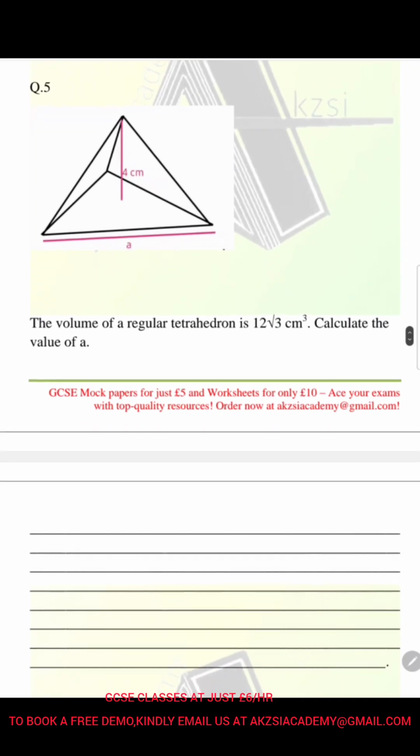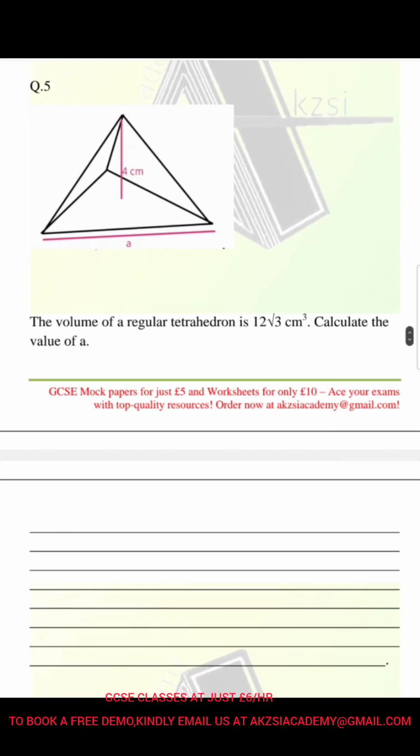Moving on to the next. Question 5 says the volume of a regular tetrahedron. A tetrahedron is also a pyramid. The base is a triangle, and in any pyramid the sides are always triangles, but here it's a triangular base. So a triangular based pyramid is called a tetrahedron, and it's a regular tetrahedron, which means all the sides are exactly the